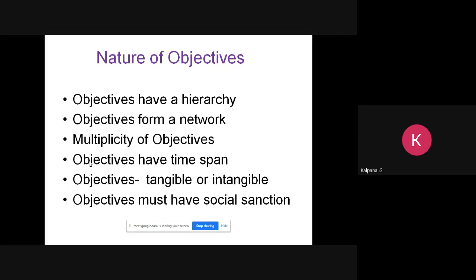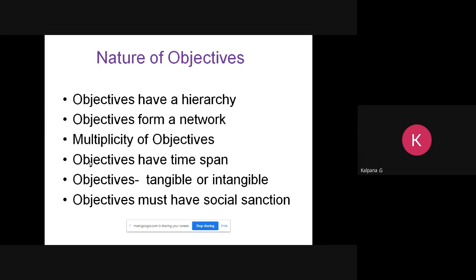And the fifth point is about tangible and intangible objectives. So when we talk about tangible objectives, they include achievement of materially quantifiable targets or goals. Okay. When we talk in terms of intangible objectives, it could be the company's image, employees' morale, personal development, etc. Again, let me repeat, tangible objectives include achievement of materially quantifiable targets or goals, whereas intangible objectives are something related to the company's image, personal development of the employees, employee morale, etc.